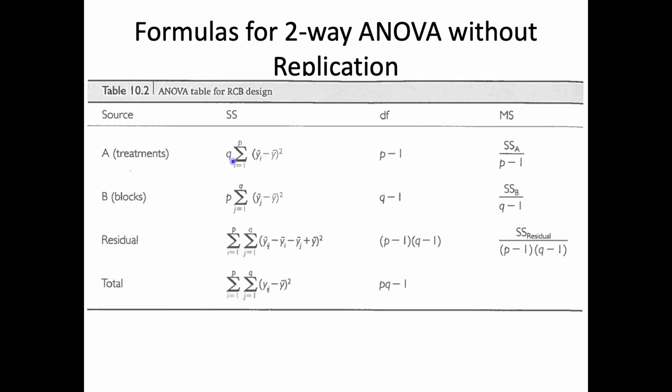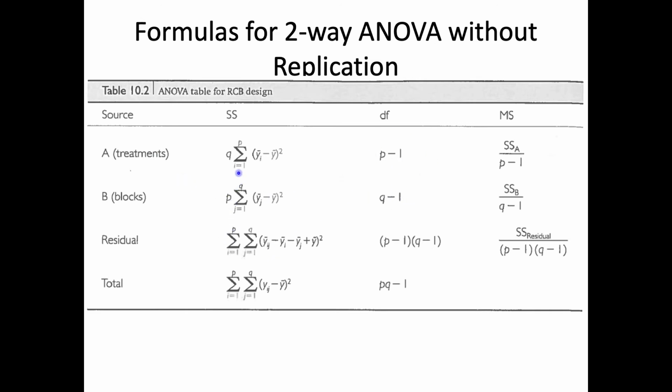Once again, we see that this is just the sums of squares. It's the mean of the treatment minus the grand mean squared, summed up across all the treatments, and then multiplied times the number of blocks that you have those treatments distributed across. The block effect is the mean of the block minus the grand mean squared times however many treatments you have in each of those blocks. The degrees of freedom are over here.